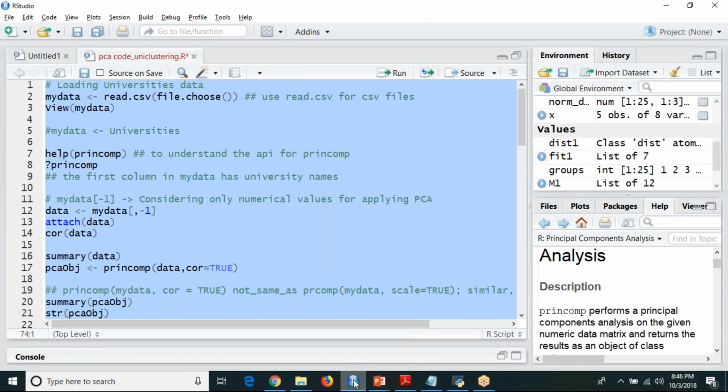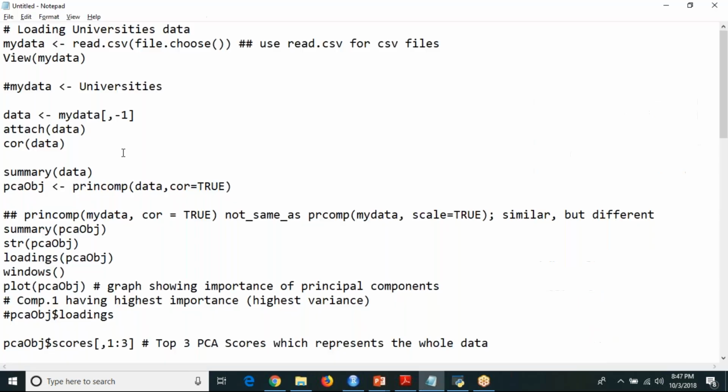Ram, I think where you are getting the error is that the first two columns, university and state, we need to remove. Yes, you should do that. That is common sense, right? That's the reason I asked you. Neha got the answer for that. In your data set, the second column is state. I told you that you should remove your non-numerical data. Don't do an exact copy paste. That's the reason I gave you this assignment. If you do an exact copy paste, then it's of no use, right? You're doing the same thing for everything.